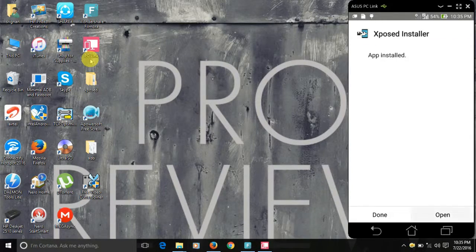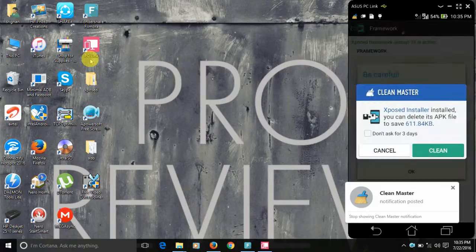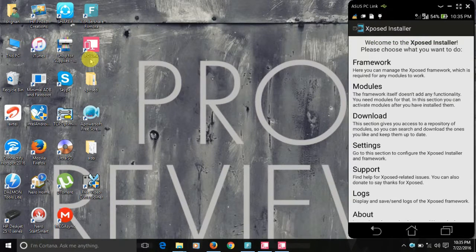Now click on open. So open framework. It says Xposed framework version 79 is active. So guys, we have successfully installed Xposed framework on your Asus ZenFone 5.